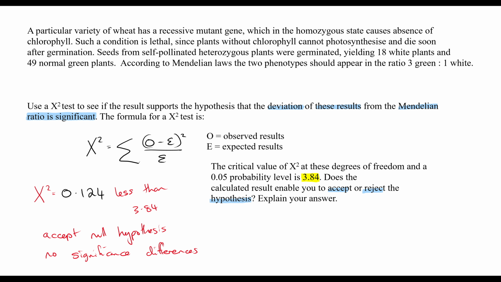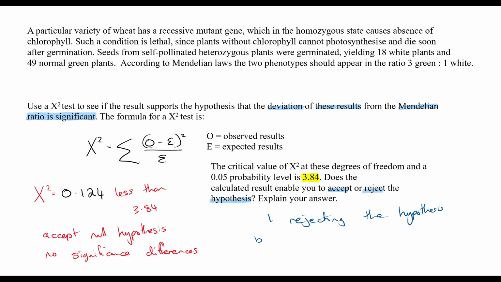Well, I am not saying it's significant. My calculated chi-squared value is less than the critical value. So that would be an accepting of a null hypothesis that there is no significant difference. So the fact that they have said in their hypothesis that there is a significance means that my answer has to be very specific, that I am rejecting the hypothesis